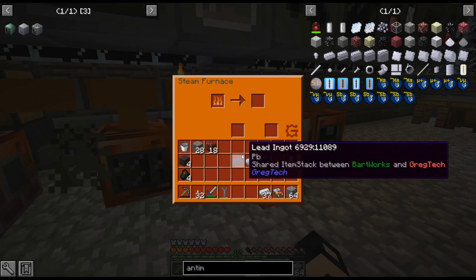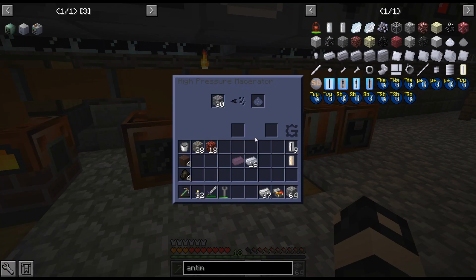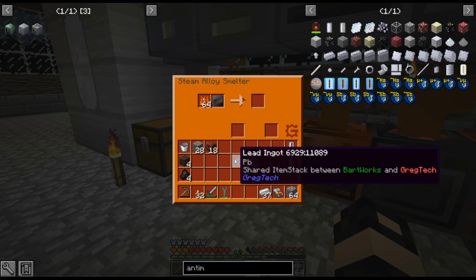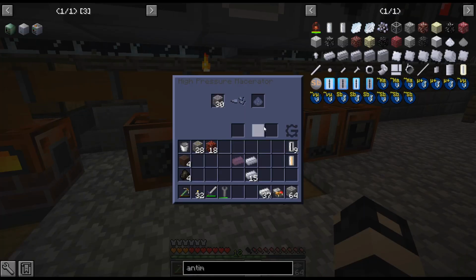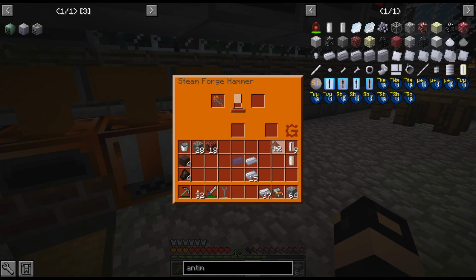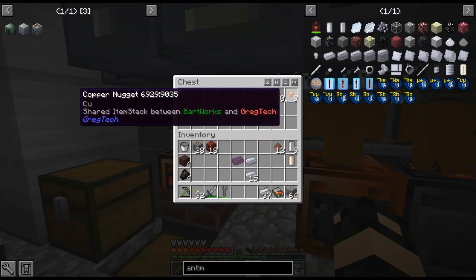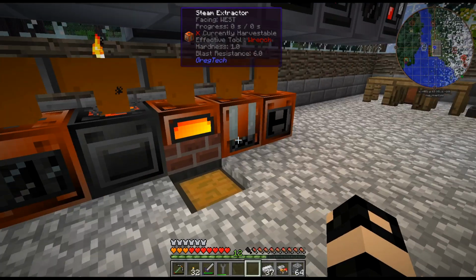All right, I need to craft this up. Oh, that's not what I want to do. I want to do that. Let me process some of this. Let me get some battery alloy. Basically, it's just some lead with antimony in an alloy smelter, and that will give us some battery alloy. I don't want to deal with nuggets. I mean, it's not the end of the world, but I'm going through all these nuggets, turning them back into...